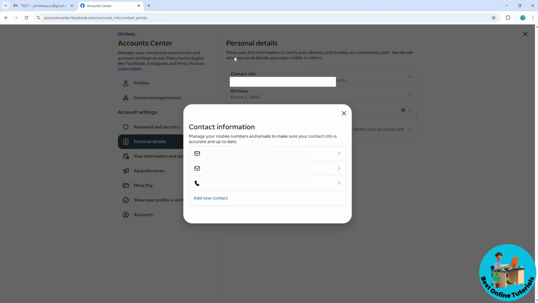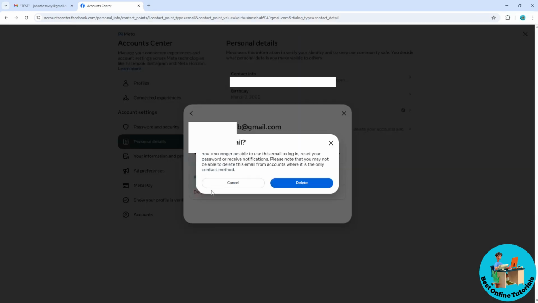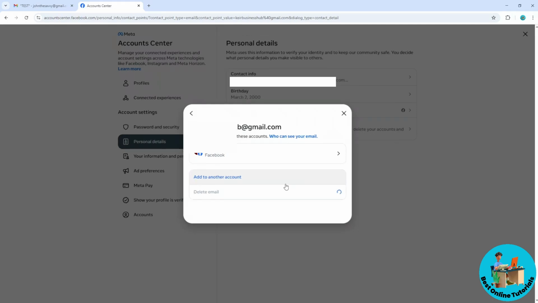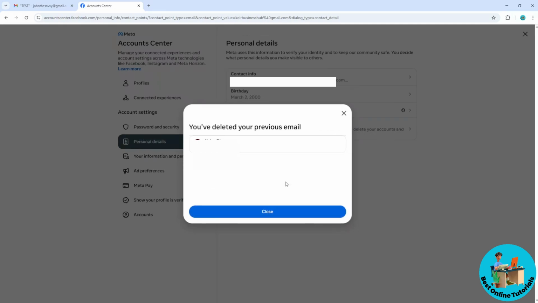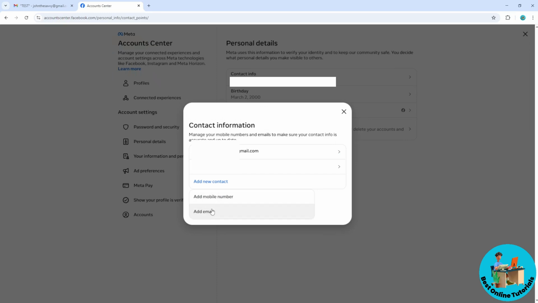And if so, just simply select the Gmail that you are having problems with, and go ahead and select delete email. And after that, just simply select delete and re-enter your email again in order for you to fix this issue. And now once you have deleted your previous email, just simply select add new contact, add email, and